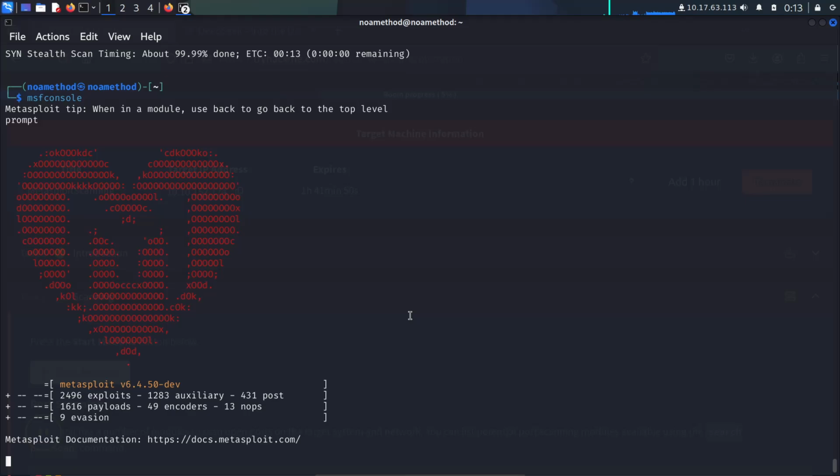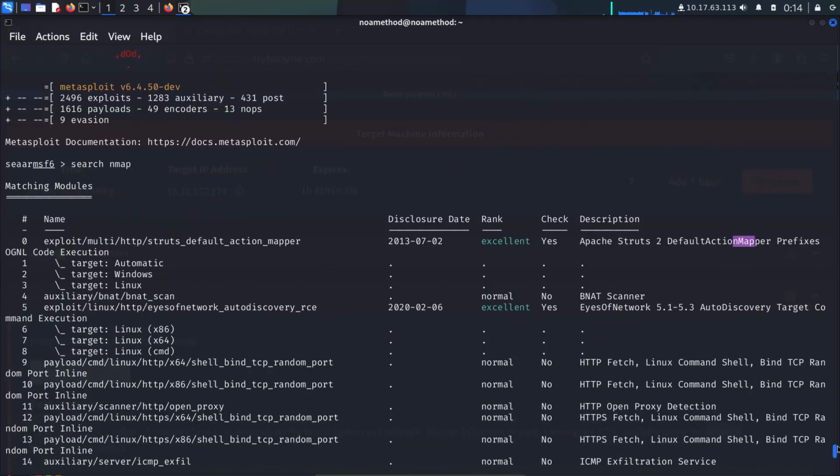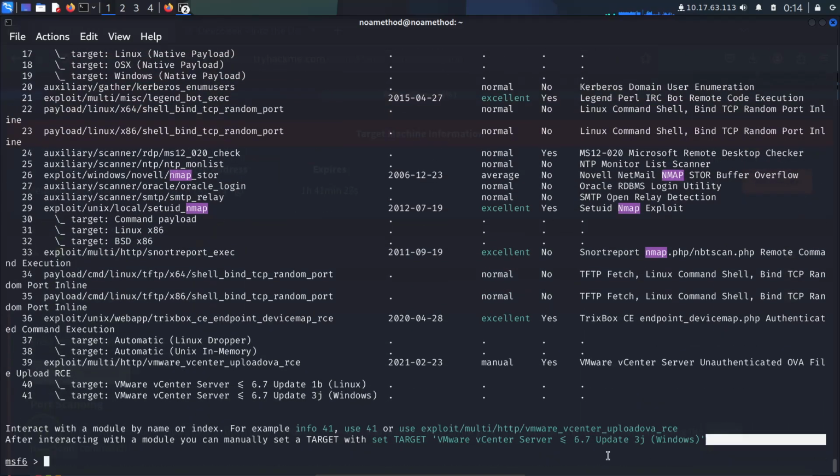If there are any modules for Nmap, search Nmap. Type Nmap.